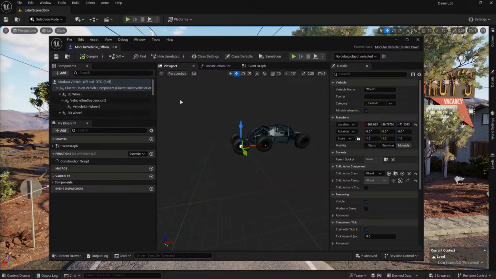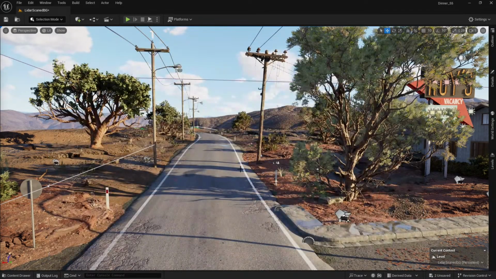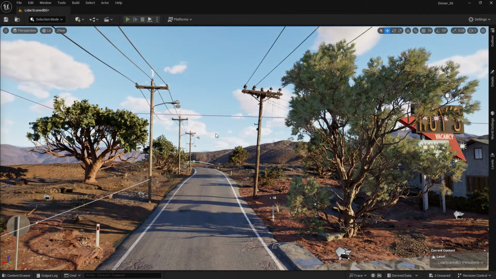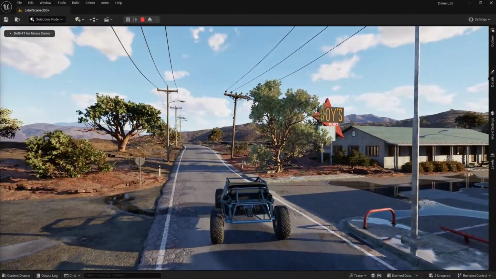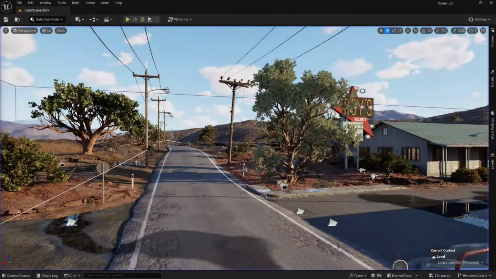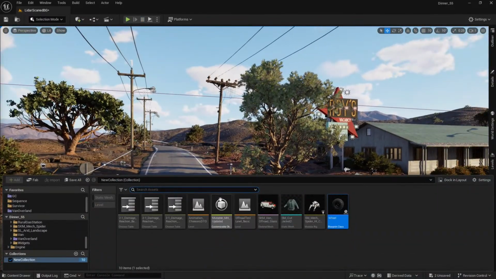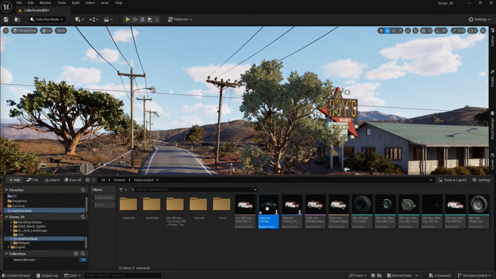We're just going to compile this, and with any luck, we'll see. It should work. In theory, we should have a six-wheel vehicle. You can do it. Oops, did I not? Let's see here. I maybe don't have the right one. Let's see if we go to van overload. Oh, there it is. So what is this called?